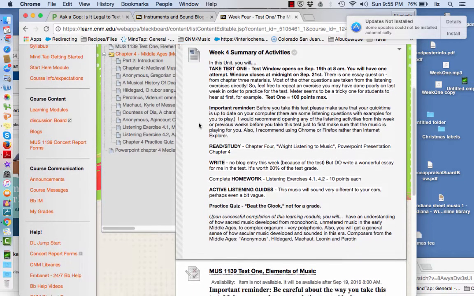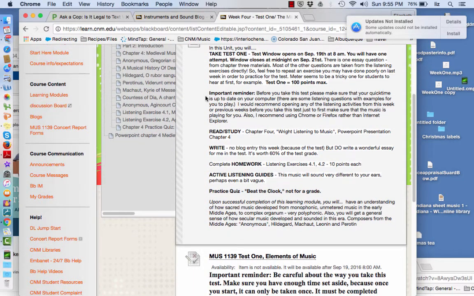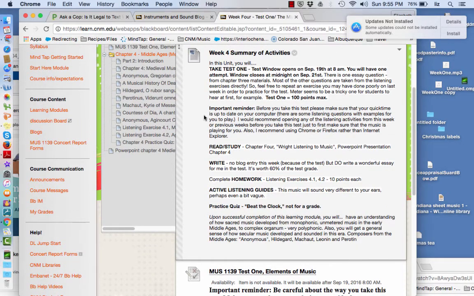Okay, let's move on down through here. Just make sure that you are able to play listening examples before you start the test. That is one thing that can happen that would go badly for you. So maybe open up one of the earlier listening exercises. Make sure that you open it. The ones for this unit can be completed through Wednesday night at midnight with full credit. I did that on purpose because it took some of you the first few weeks to get up to speed with finding them and completing them, getting your mind tap to work, and so forth.